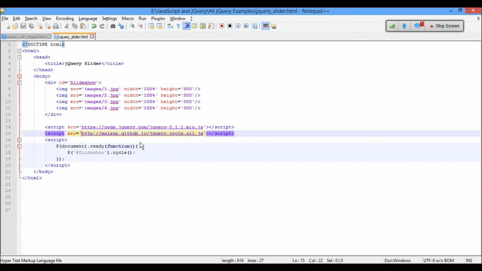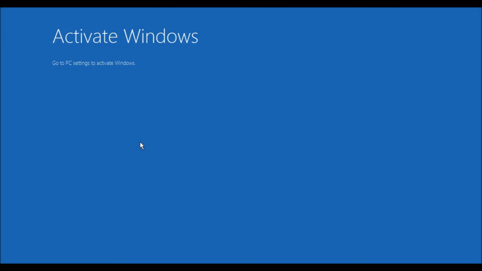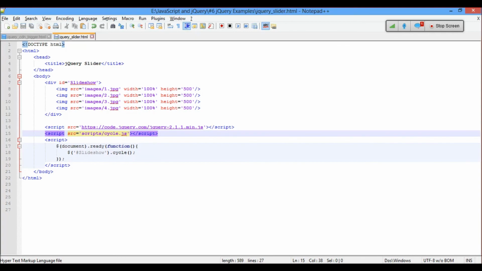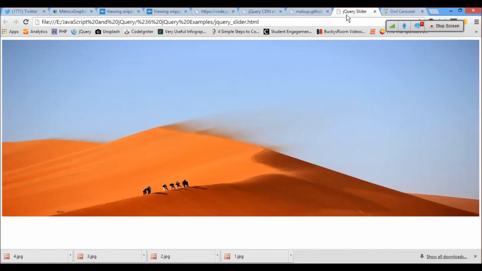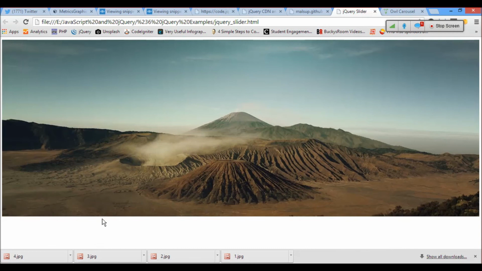Instead of this one, remove this. Scripts slash cycle.js. Okay, it still works. Let's see. It still works.